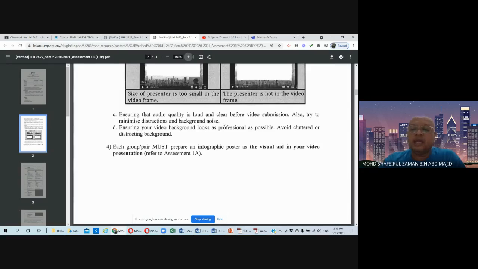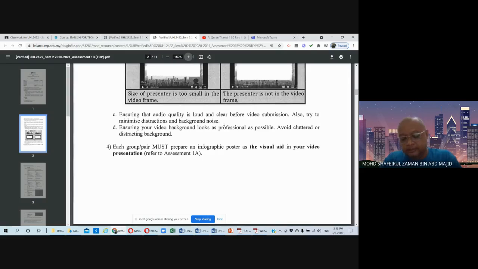All right, and then also try to minimize distractions and background noise. If you're recording at home, I know it is a bit difficult, especially if the background is not very good. You may have people walking behind you, and maybe smaller siblings, the sound of them crying and such. So try to find a very isolated place, a very nice room, where you can record yourself giving the presentation without disturbance, and then try to find a white background, perhaps, so that it will be clearer for the presentation.